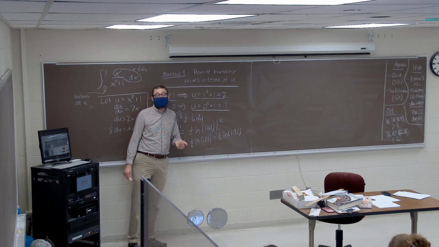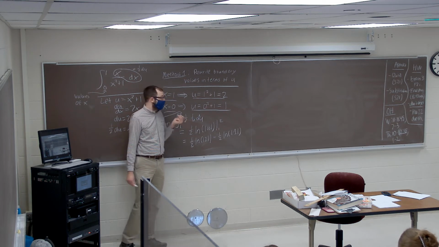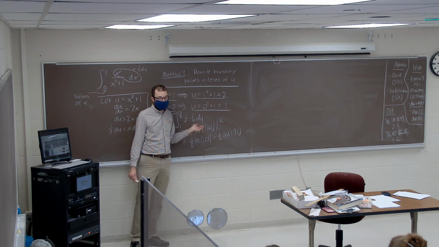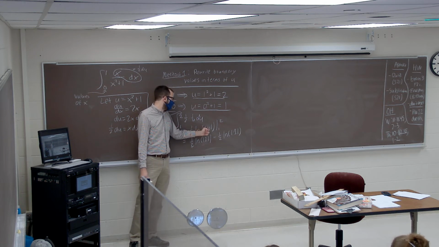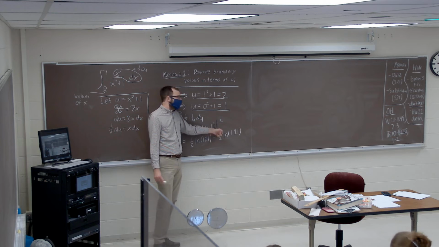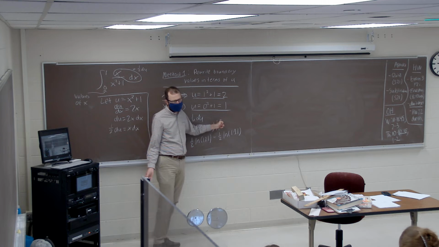When we get to method 2 here in a minute, we are going to have to do it that way, but for this method, since everything is already in terms of u, we can just plug in our u values here into this u expression. If we convert it back in terms of x, then it wouldn't make sense to plug in u values into an expression that's meant for the variable x.